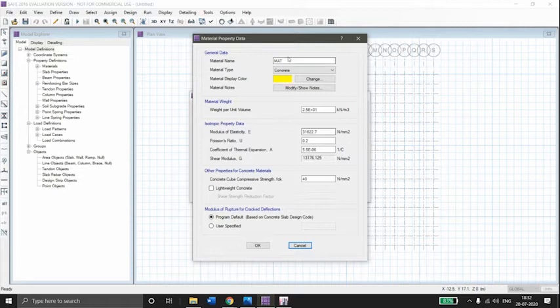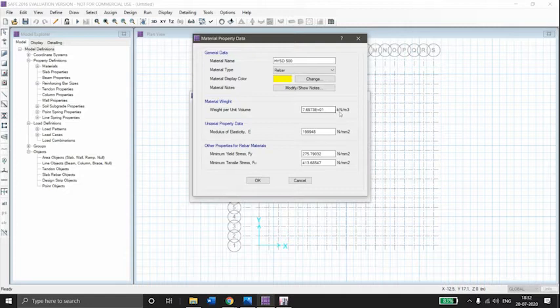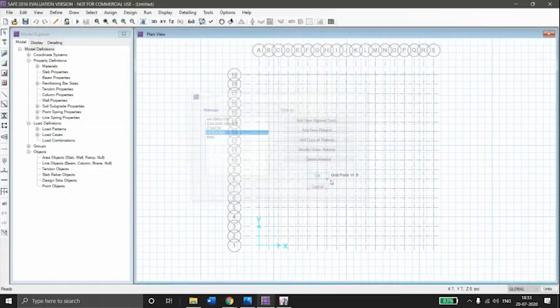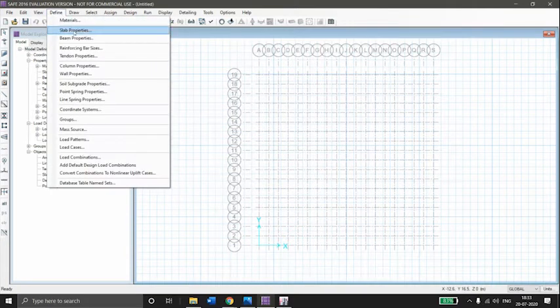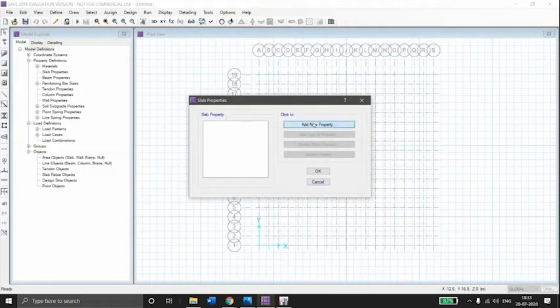Again add new material, HYSD 500. Select material type as rebar. The properties of the HYSD 500 are here. Click on OK. Again click on OK. Go to define slab properties. Add new property.